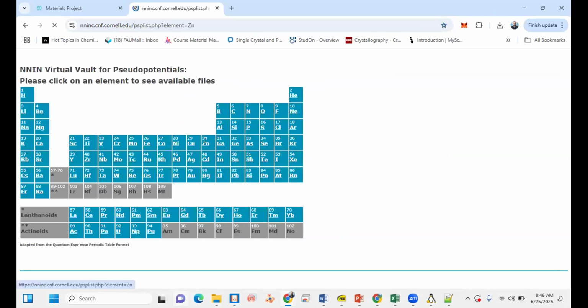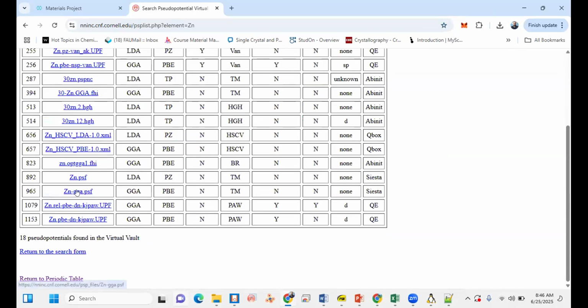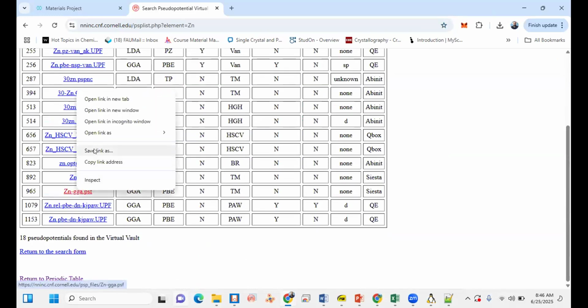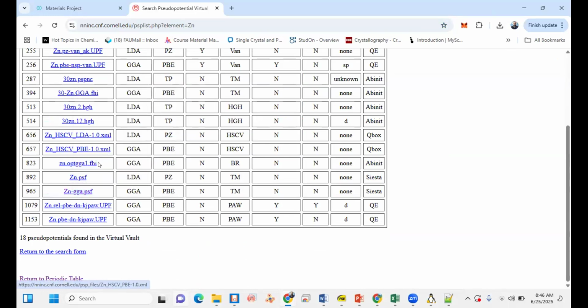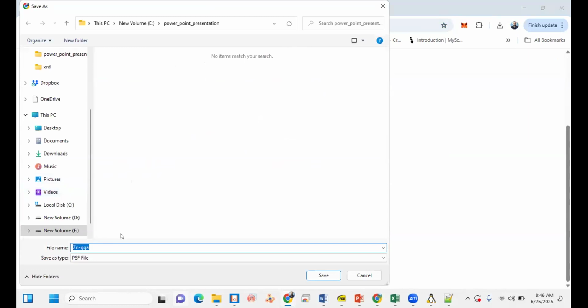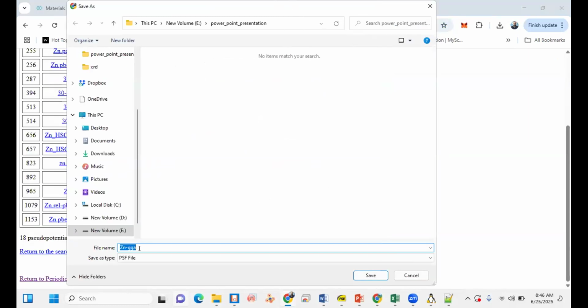I will click on zinc, and if I right click on it, it will give save link as. So look at the name of this specific file. It is written zinc/gga.